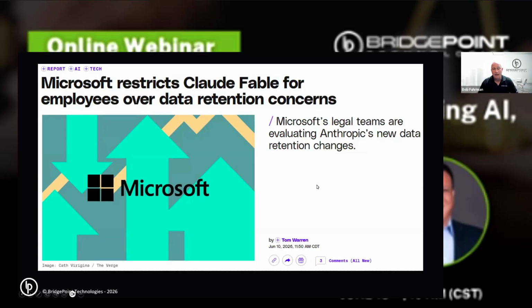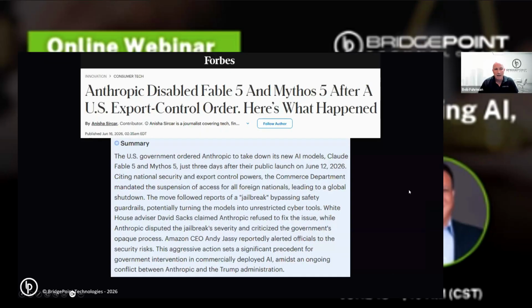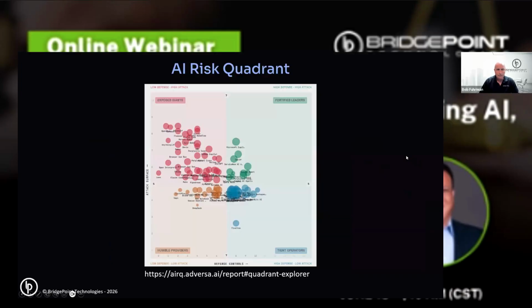So Microsoft said, we can't have that, so we're not going to use Claude. They banned it. Then you've got Fable 5, a very specific version of Fable, that came out, and three days later, I think it was, just last week, the federal government said it's so powerful, we're going to ban it for export. Because they are nervous that the incredible power of Fable 5 would allow cybersecurity hackers to crack into basically any government, CIA, NSA, anybody. So they immediately said, no, stop, you can't export it.